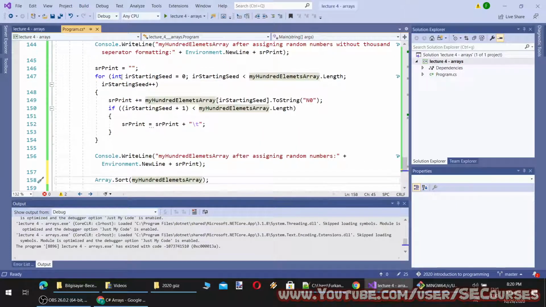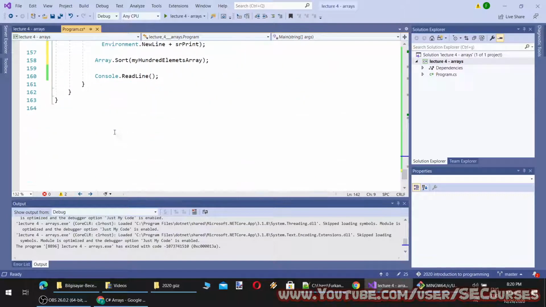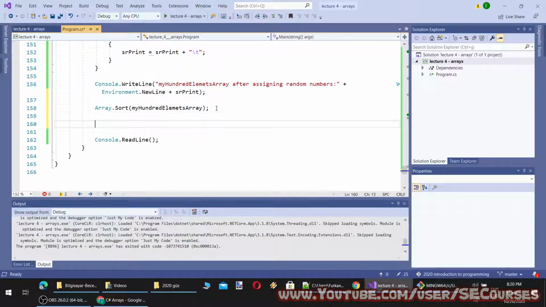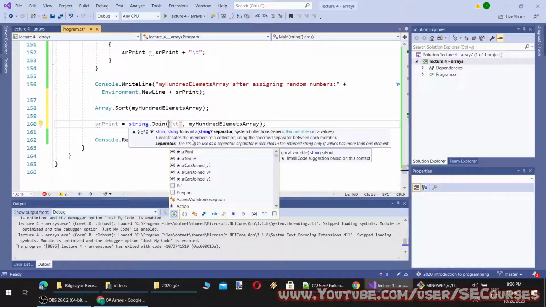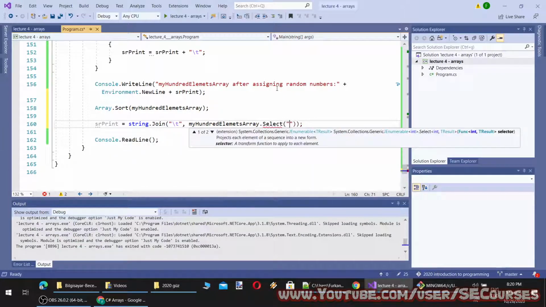Okay, and I'm going to compose print again. This time I'm going to write a LINQ query, so it will be easier. How am I going to do that? The string join expects me to provide an IEnumerable list. You see, System.Collections.Generic IEnumerable. Therefore, I am going to use a LINQ query. We will see them in the future lessons.